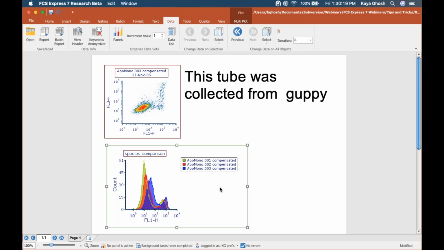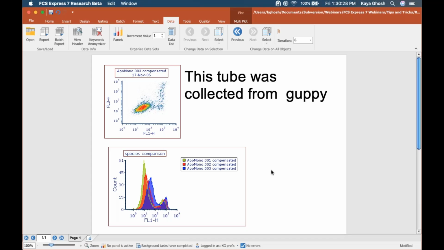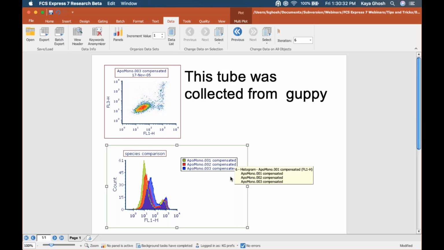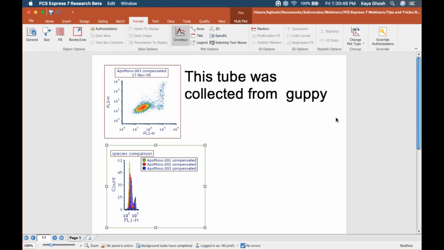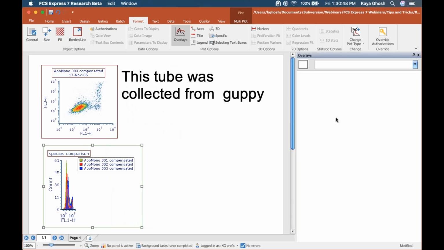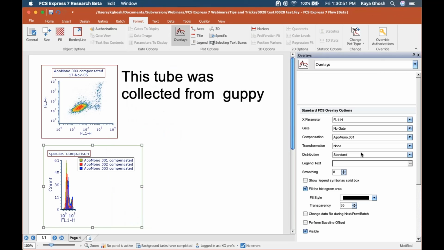Like if you're doing histogram overlays, it's sometimes very useful to put them in the legend. The legend here on this histogram on the bottom has a file name which is a little bit long, and if your plot is small, it tends to kind of smush the plot. So what I can do is come into my overlays and change the legend text so that